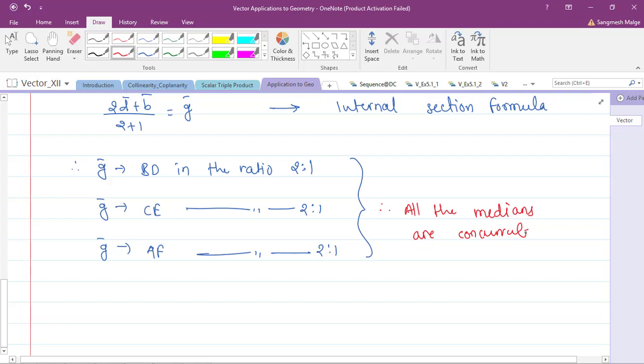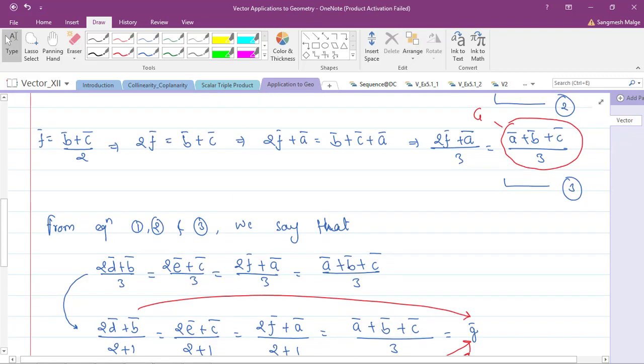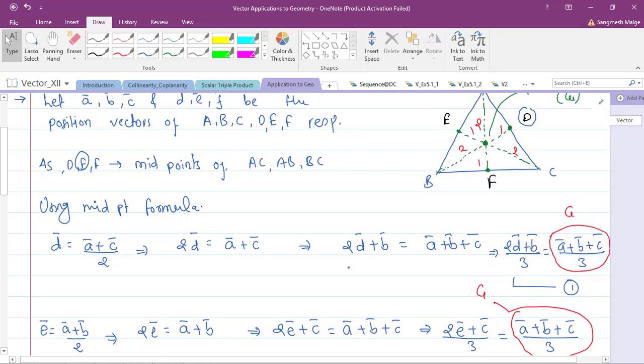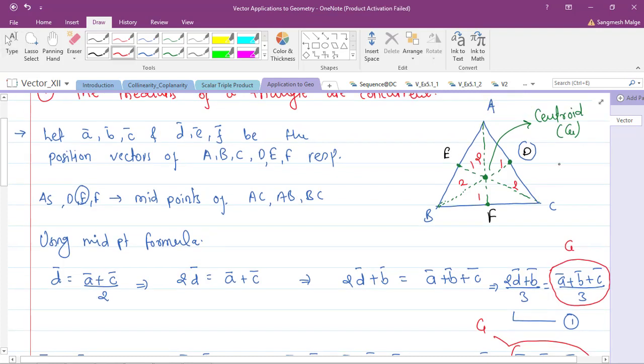Is it okay? It's very simple. So what did we do here? Nothing much. We have just taken the midpoint formula and shown that all these midpoint formulas are nothing but the centroid of the given triangle. That's it. Is it okay? Very good. Let's see the next one.